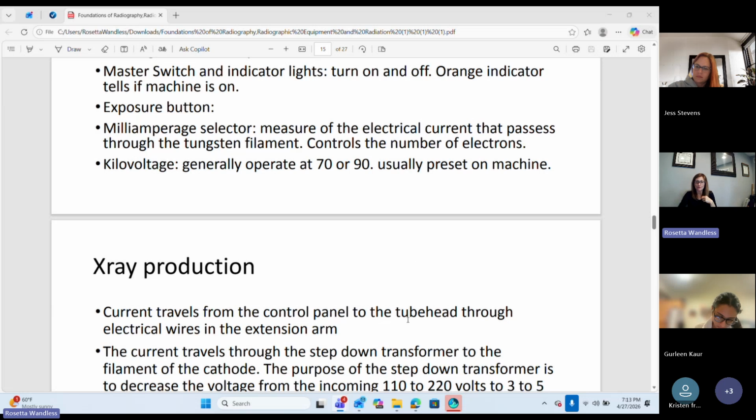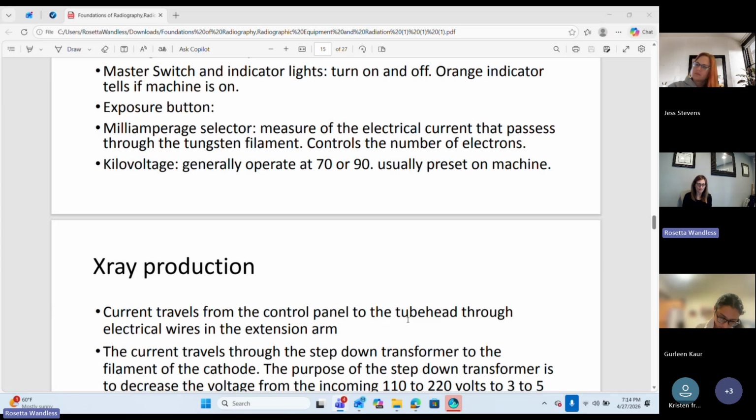Awesome. So those are the parts of the X-ray machine itself. Check, check, check, and check. Tube head, extension arm, control panel. We now know that we've taken apart the tube head. Fantastic. We identified all the parts in the tube head. We focused on the glass tube where all the magic happens. Great. We talked about each part of that tube head in its entirety to the descriptor of what it does,